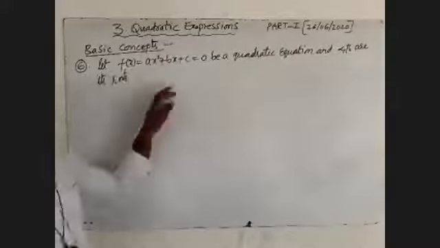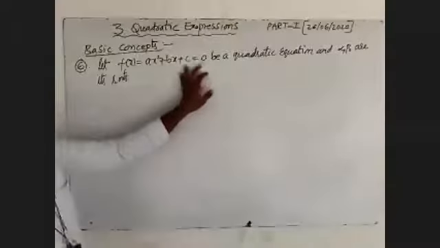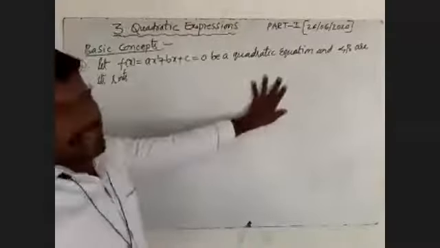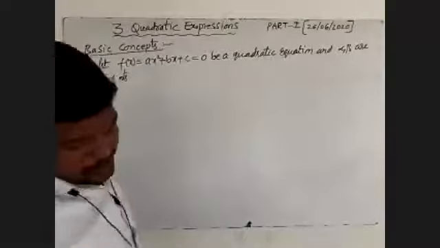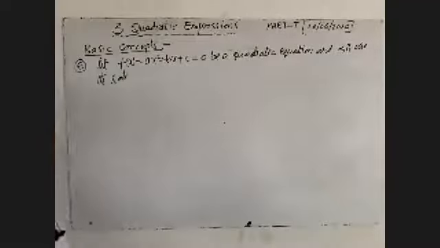Observe, f of x is equal to ax square plus bx plus c is equal to 0 is a quadratic equation, and alpha comma beta are its roots. Then